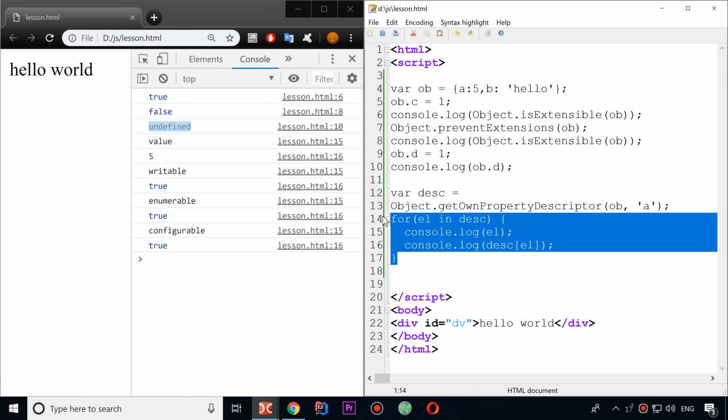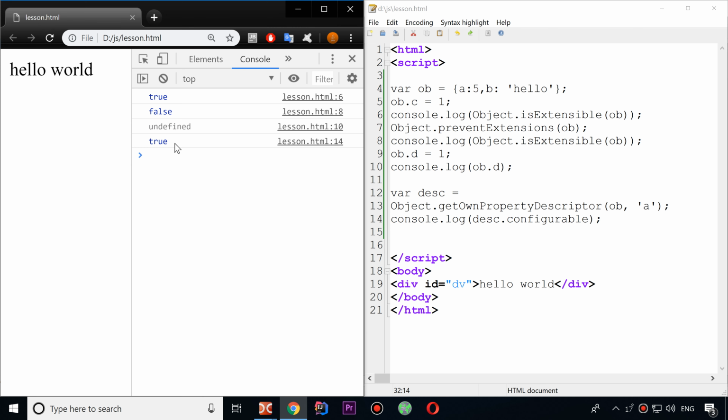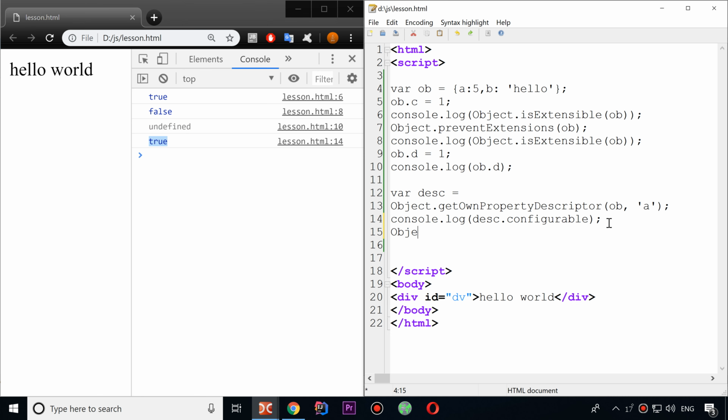Okay, also I can do such a thing. Let's see, console log desk, and I can get my configurable value. So it's true, I can configure it, but I can use Object.seal, and now it's not configurable. So if I try to rerun this code,